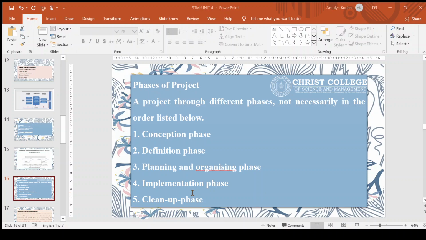So what is the conception phase? It is an extension of the strategy formulation phase of strategic management. Basically, the ideas generated during the process of considering strategic alternatives and choice will be undertaken as future projects, and the project ideas that are conceived have to be allocated priorities on the basis of which they will be chosen for further development: which one to choose, when to choose. So that is what happens in the conception phase.